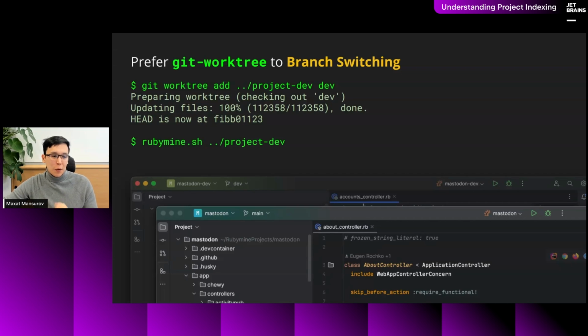And then you can open that branch in a different window or a RubyMine instance. And this will allow you to avoid that annoying reindexing that is happening every time you switch branches, because you will have those two branches opened simultaneously, and you will be able to work on them simultaneously, which might be very, very useful.